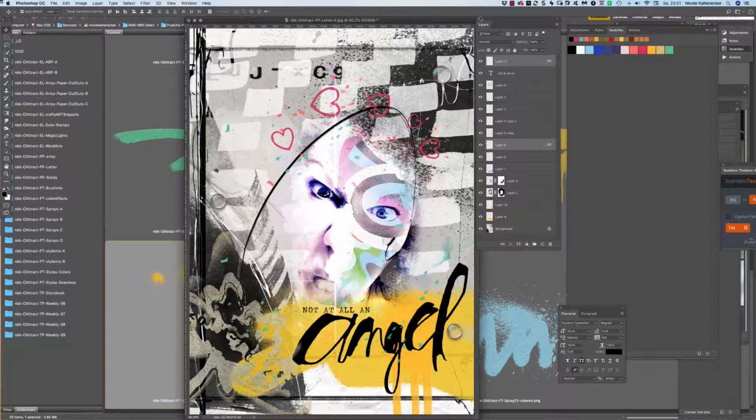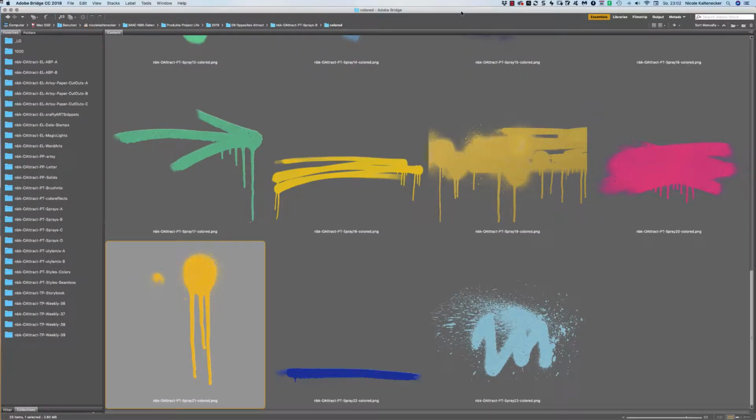So, okay. I like this yellow here on the bottom behind the angel, because, yes, this lighting is pretty cool, and just move it around to find just the greatest place here. But I think that's it here. I like it here. Okay, so these are the spray pens here,